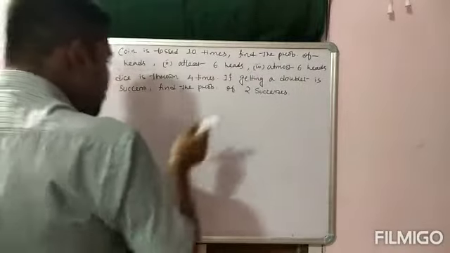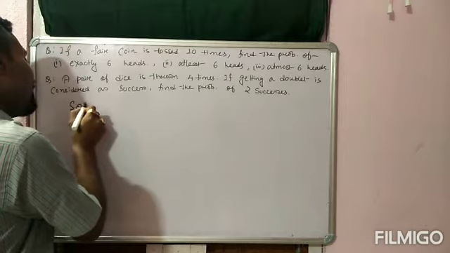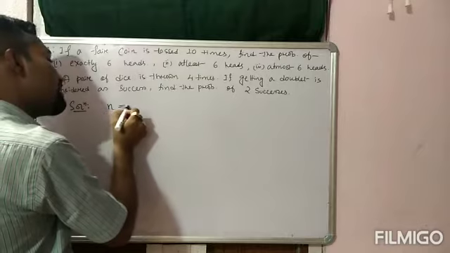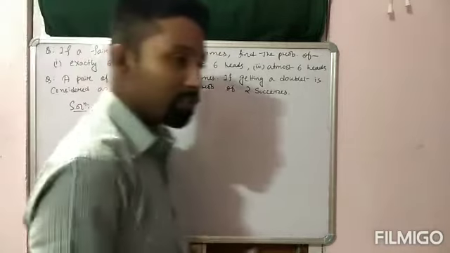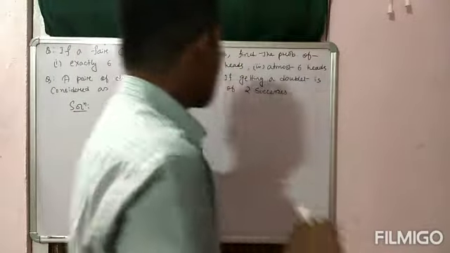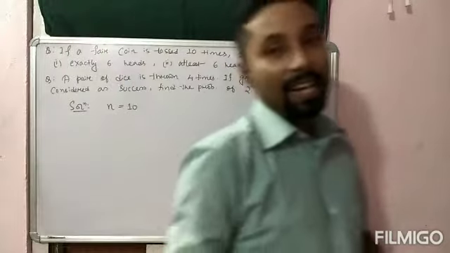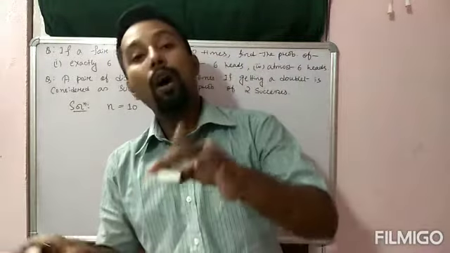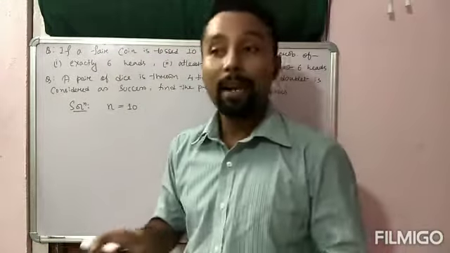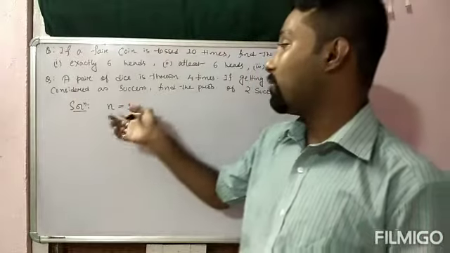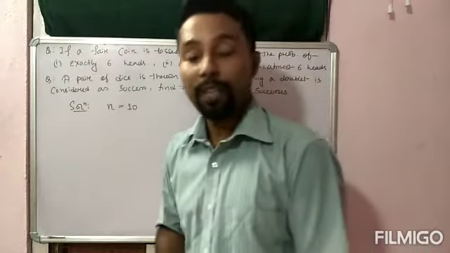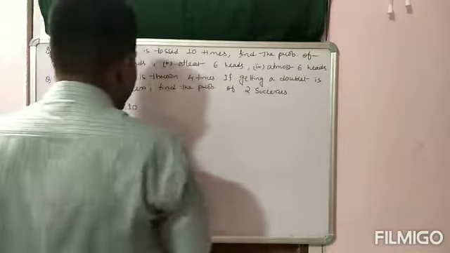Okay, now how to solve and how to write the data. Since a coin is tossed 10 times, here n is equal to 10, because in binomial distribution we should know the value of n as well as the value of r. The number of times the coin is tossed or the die is thrown will be the value of n. That is why I said that instead of 10 they can also give 100. If here 100 is there, then you have to write n is equal to 100. If 50 times is there, then you have to write n is equal to 50. Since here the coin is tossed 10 times, n is equal to 10.